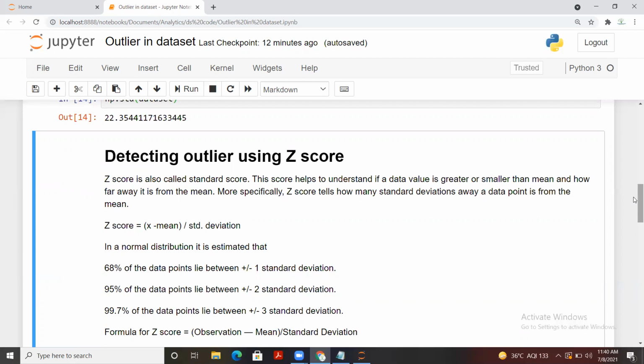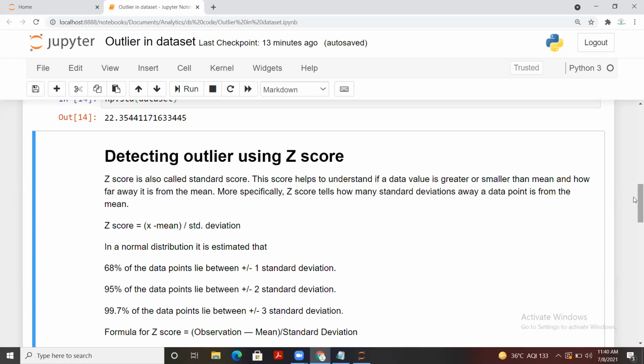So what exactly is the formula of the z-score? We take an observation, subtract the mean from it, and divide by the standard deviation, and this is how we calculate the z-score.